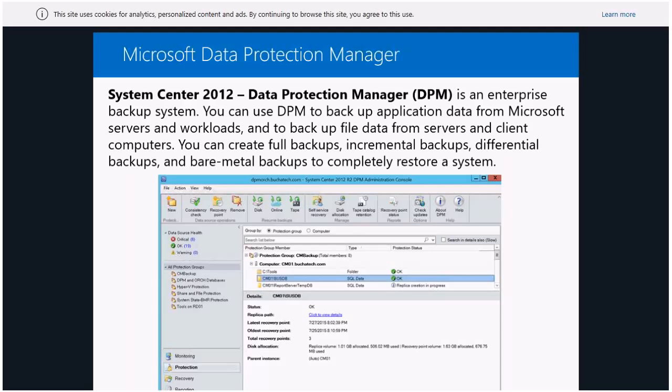Of course, this solution is not free. You need to pay, but that's the more professional enterprise version. And as I said, I'm not going to talk about any third-party solution, but of course there are so many other tools available. Anyway, that was just a quick review on the local backups.